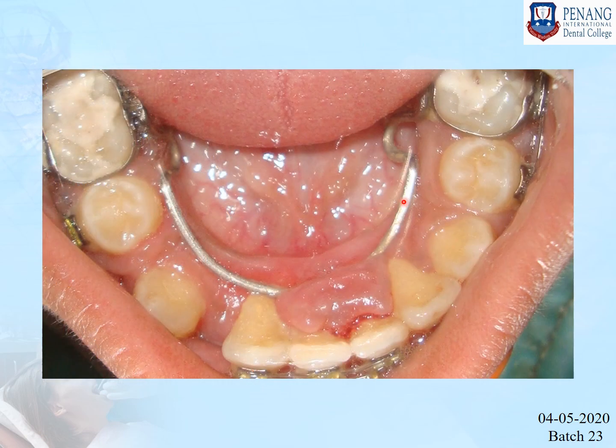So if we see in this photograph, this is how inflammatory gingival enlargement will look like. Because of the ortho wire, the gingiva here was getting traumatized, which causes gingival enlargement. Because of gingival enlargement, more plaque was getting accumulated, and this caused a vicious cycle and the enlargement became so big. So if we want to treat it, we have to remove the irritating factor also, and concentrate on removing the plaque also, followed by proper plaque control.